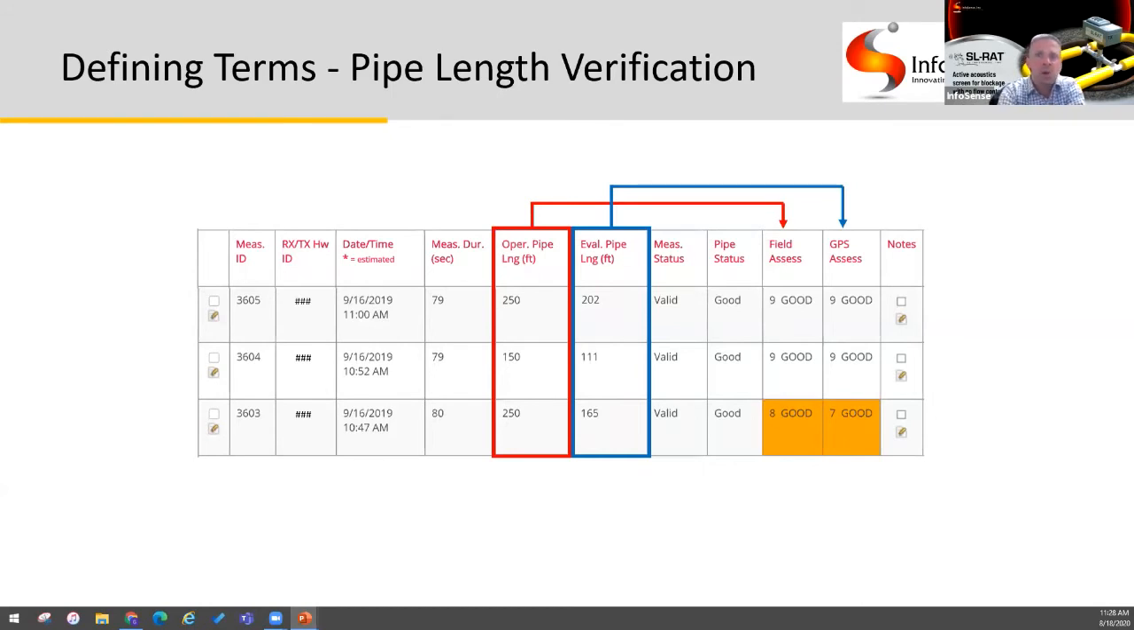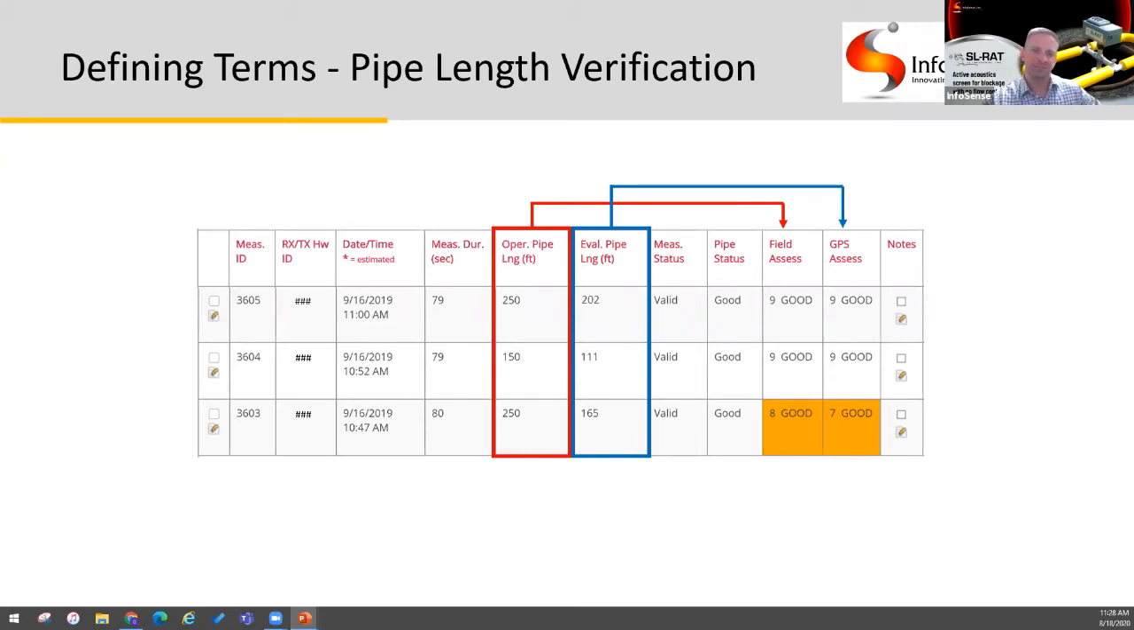On the other hand, when you look at measurement 3603 at the bottom, the operator indicated that the pipe length is 250 feet, but the GPS calculated the length as 165. This was a significant enough difference that the field assessed score and GPS assessed score are different. In this case, it would have been more accurate for the operator to indicate the pipe length as 150 feet. However, the assessment score is only different by 1 and likely would not cause a significant difference in your standards